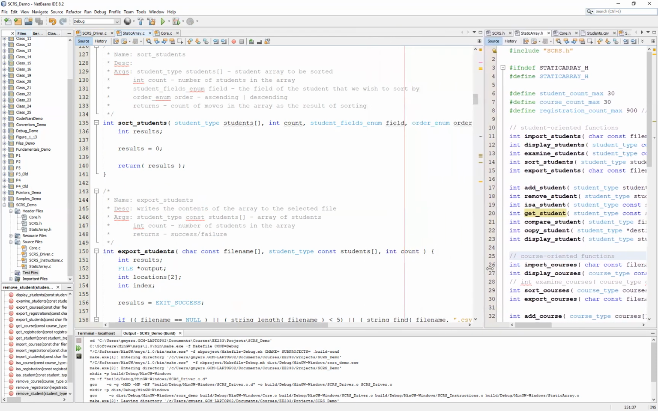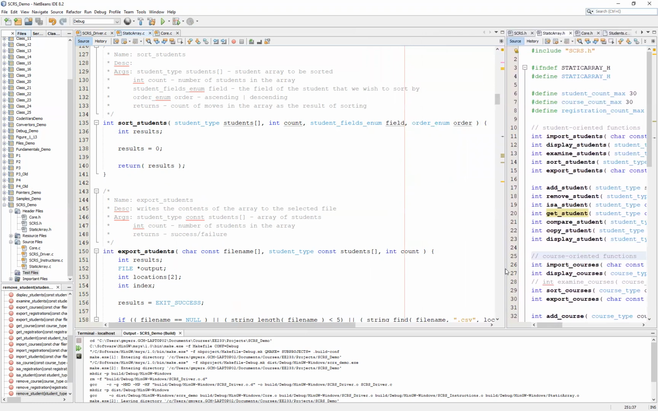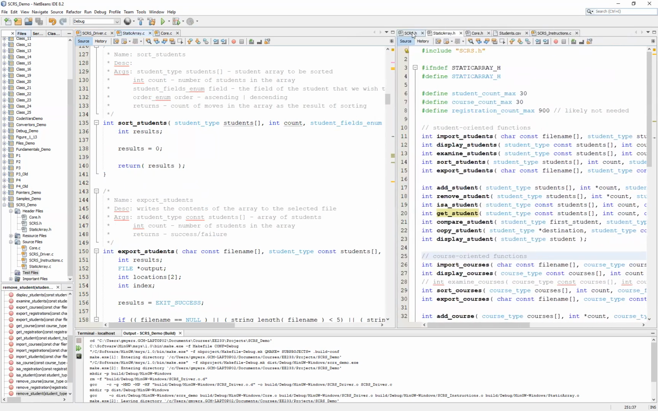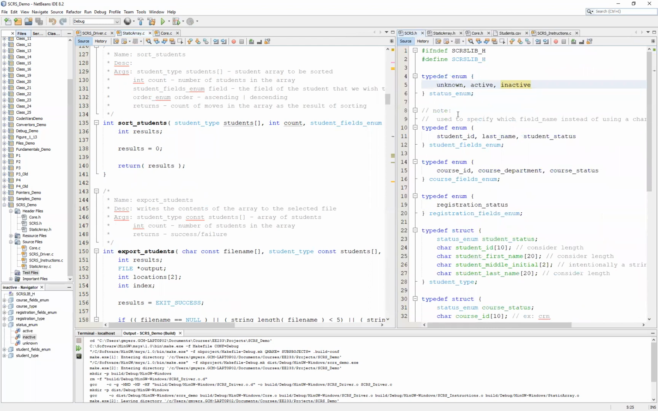You'll note that in this particular function, we are passing not only an array of students and the count of valid students in that array, but we are also passing an enum that indicates the field that we wish to sort and the order that we wish to sort. Now, this will require us doing a little digging to understand what those options are, and particularly you want to take a look at your scrs.h to see what the particular field names or field enums are going to be for a particular structure. So in this case, for the student fields, it's going to be student ID, last name,